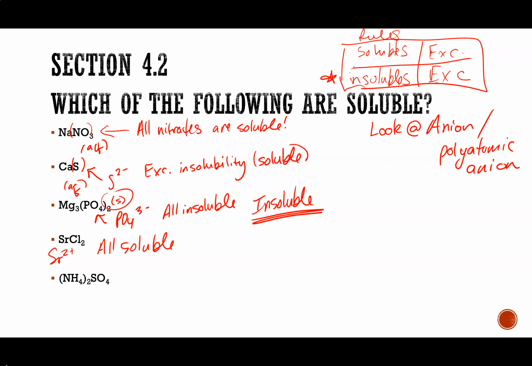And then after this, we take it into account when we're doing our net ionic equations. And so for our last one, we got sulfates. According to our table, all things of sulfate are soluble, with the exception of